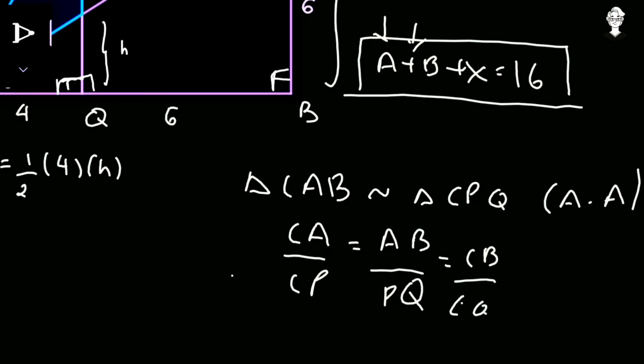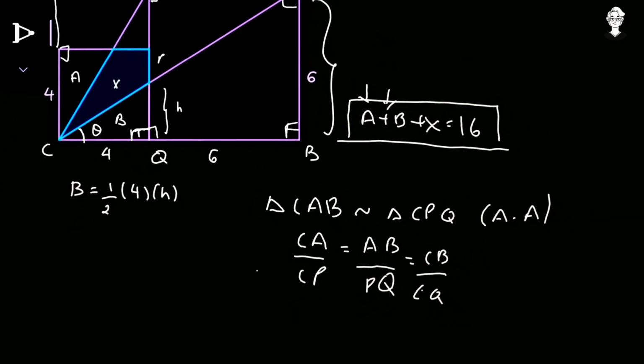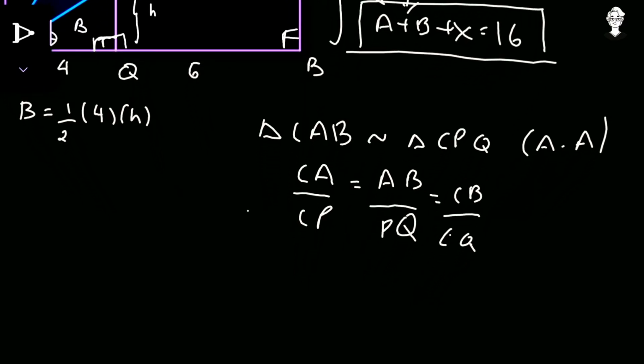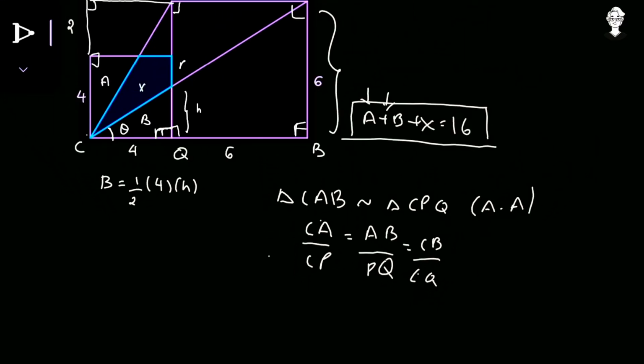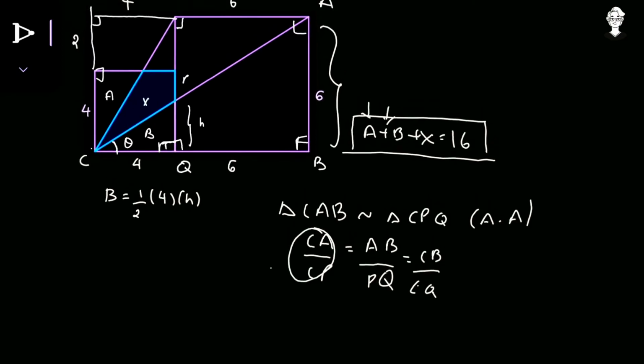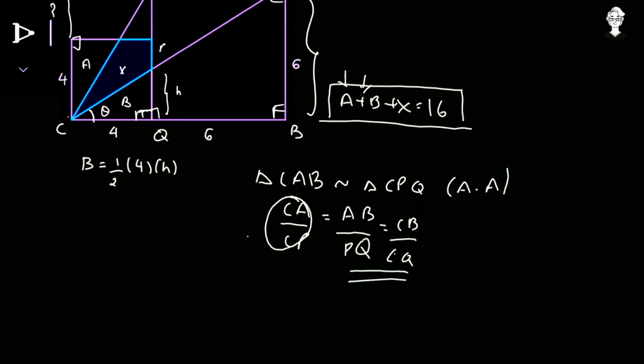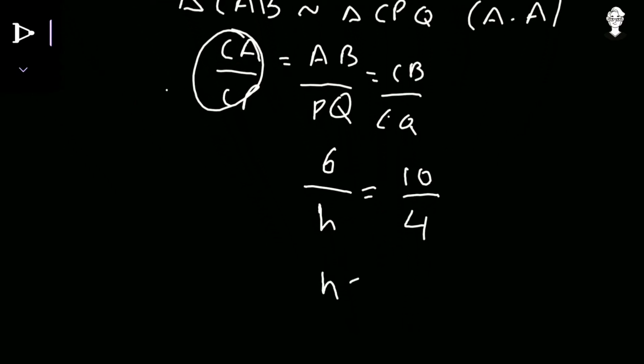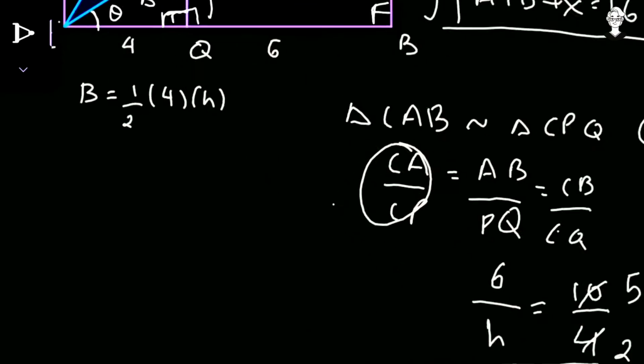Here we can even use the Thales theorem, or we can say the basic proportionality theorem also, but many of them are unknown to that, so I'm just using the similarity. Now let us put the values according to this diagram to solve for the value of H. So CA and CP we will just exclude because they are the hypotenuse and we do not have the value. We will compare these both. So the value of AB is equal to 6. The value of PQ is equal to H, that is what we have to find. The value of CB is equal to 6 plus 4, that is 10, and the value of CQ is equal to 4. So from here we have the value of H is equal to, from the table of 2, 5, from the table of 2, 2. So 2 into 6, 12 upon 5 is the value of H. So here is the value of H, we will put it over there to get the value of B.